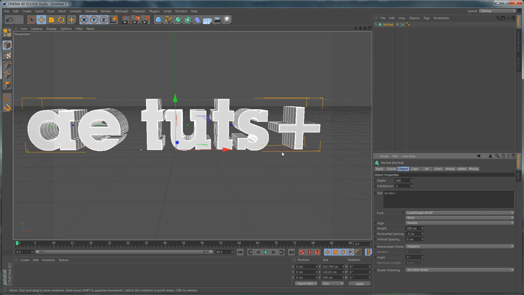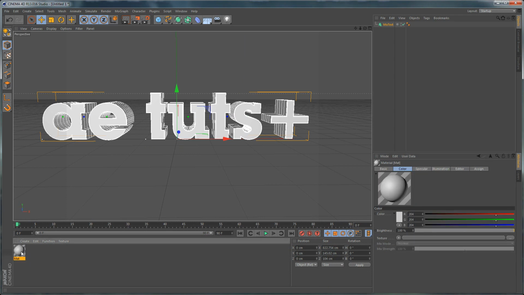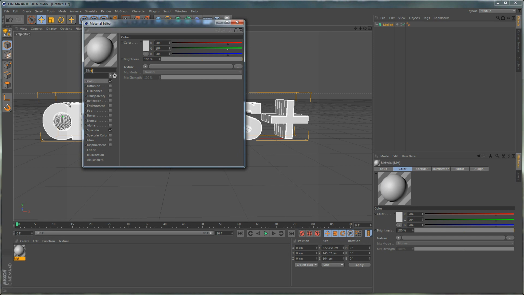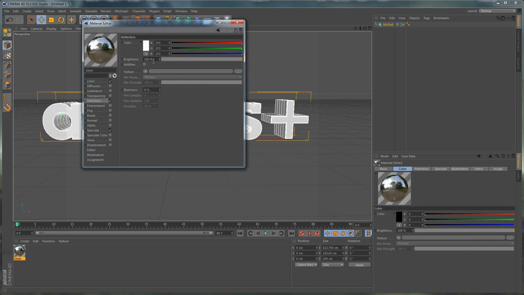And once we are ready with that, we need to create a shader for this, so let's double click to create a material and let's call this silver, and just click on reflection, make the color black and go to the reflection, and let's set the blurriness to 15%, and let's set the minimum samples to 32, and let's set the accuracy to 60%, and maybe set the maximum samples to 96. So we have a blurred silver material,